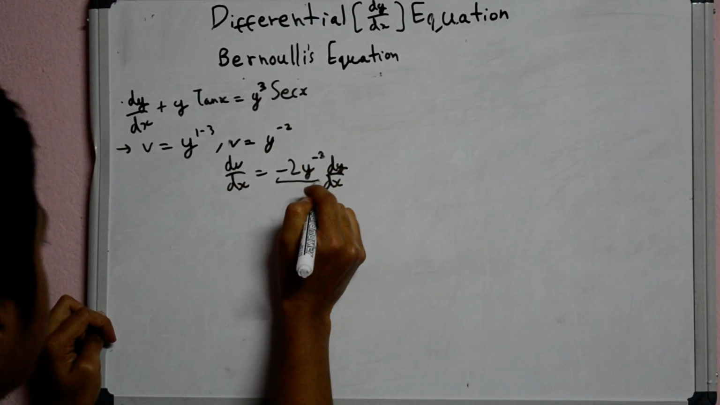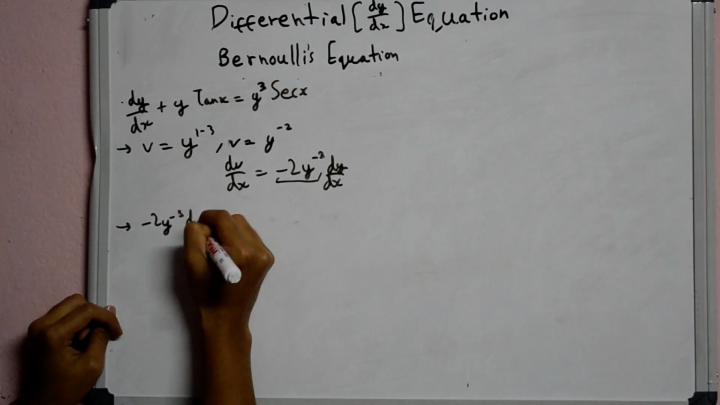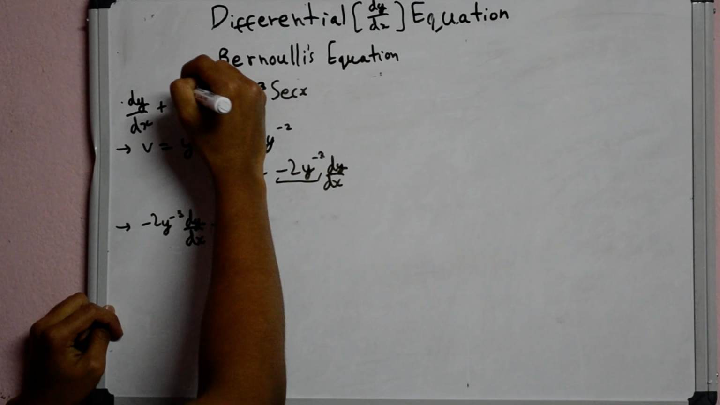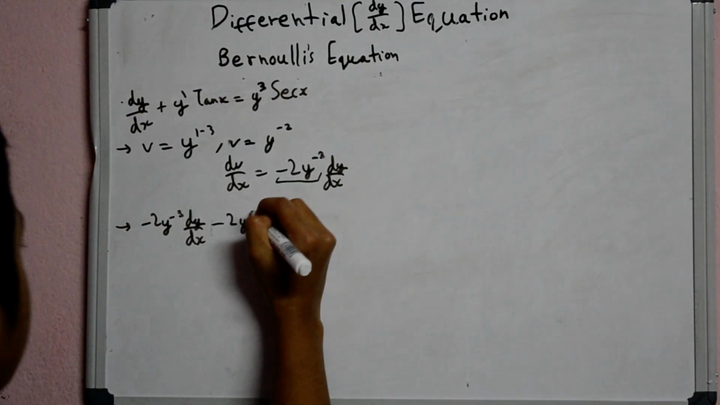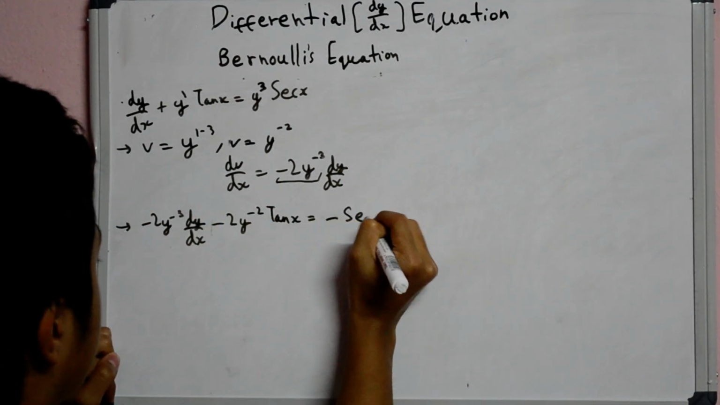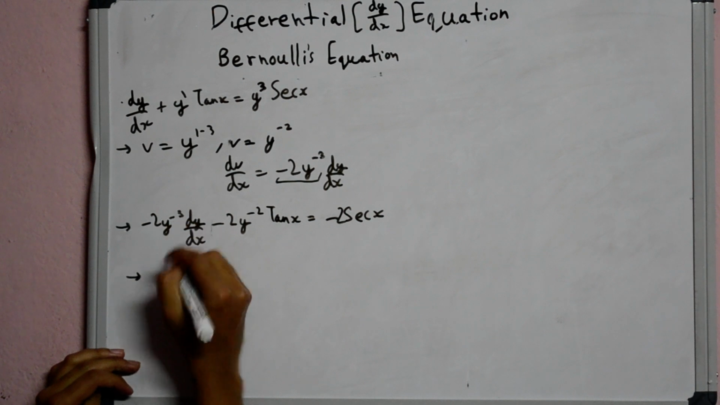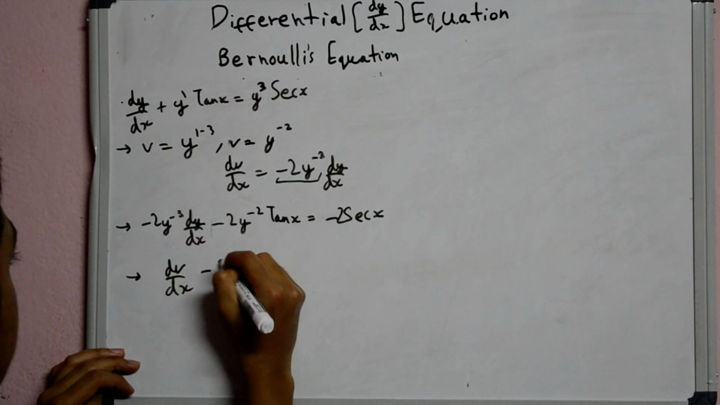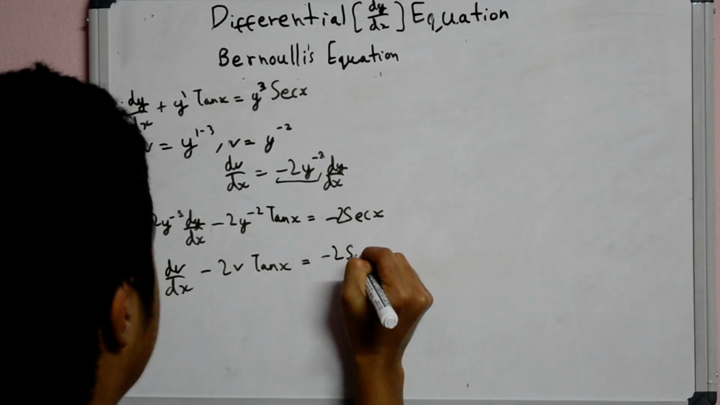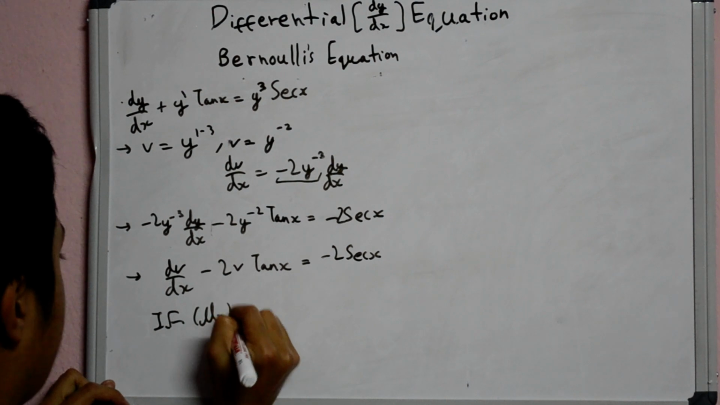Now let's just multiply the coefficient with the original equation. So we'll get minus 2 y to the power minus 3 dy by dx plus minus 2 y to the power 1 minus 3, which is minus 2, tan x equals minus 2 sec x. So here we can just substitute in the values. So this is dv/dx plus 2 v tan x equals, well, just minus 2 sec x. Now here the integrating factor I have is, well